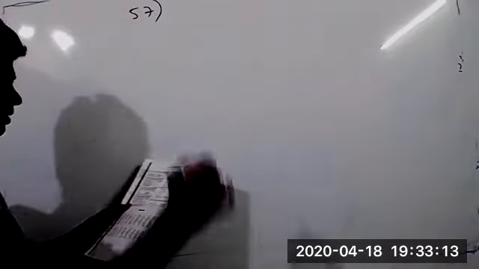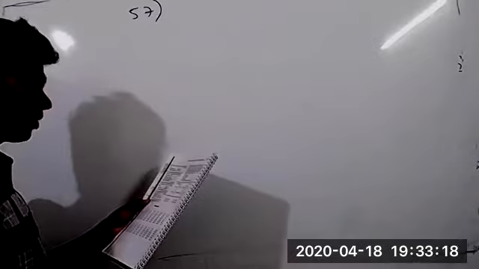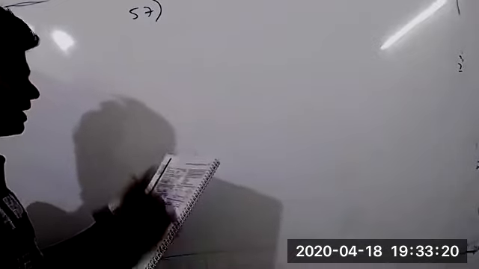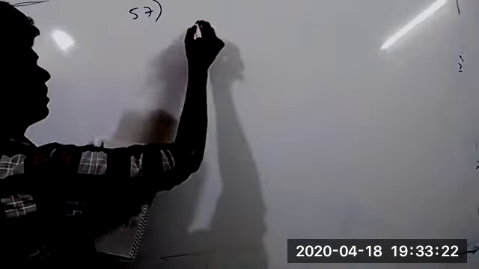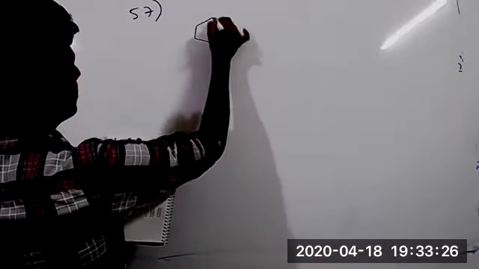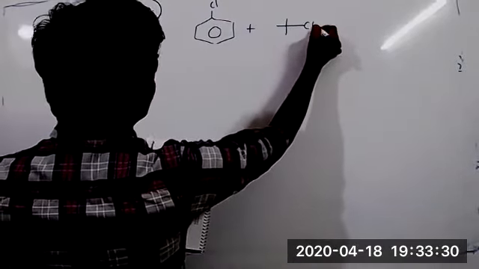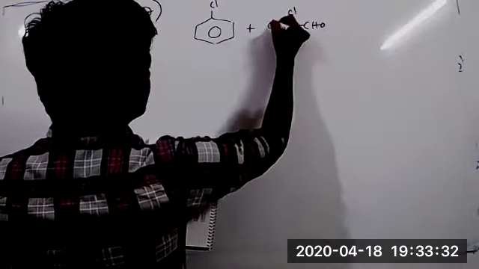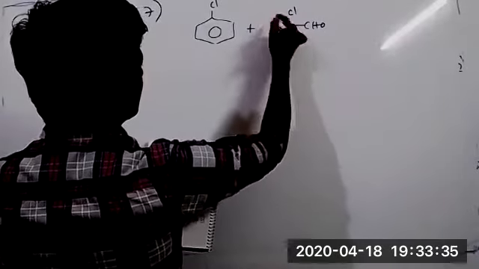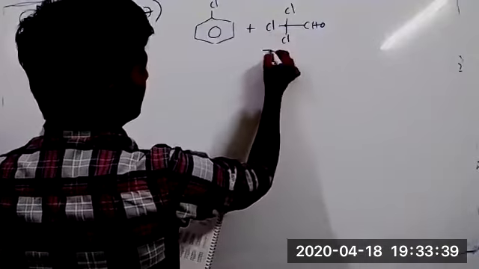Next question, 57. The compound formed on heating chlorobenzene with chloral in the presence of concentrated sulfuric acid is? Chlorobenzene is treated with chloral. Cl, Cl, Cl, this is the chloral formula. Trichloro...